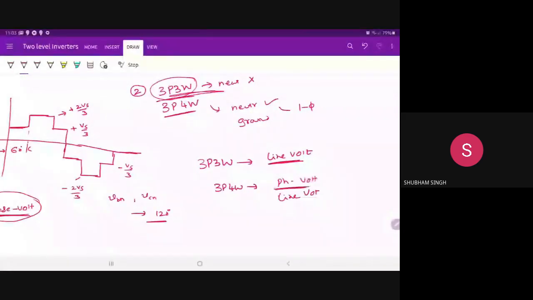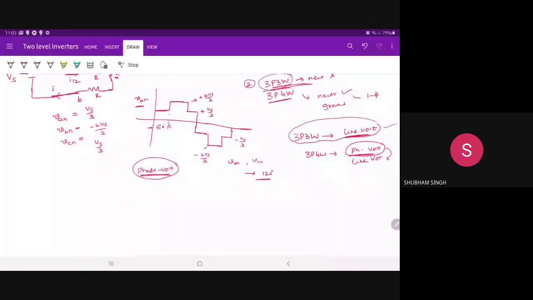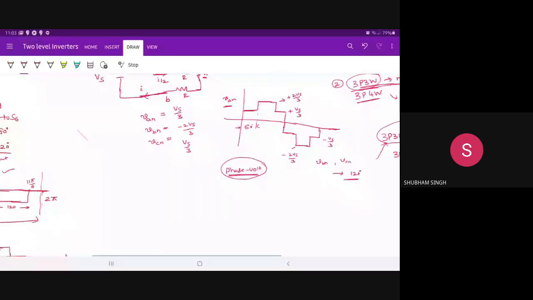If any deviation in the phase voltages, that will distort the line voltage. Whereas in case of 3-phase 3 wire, if any change in the phase voltage, that will normally not change the line voltage. Clear? So normally all systems that are used in industry are of 3-phase 3 wire. Therefore we will not worry that much about the phase voltage, and are only interested in the line voltage. Okay.